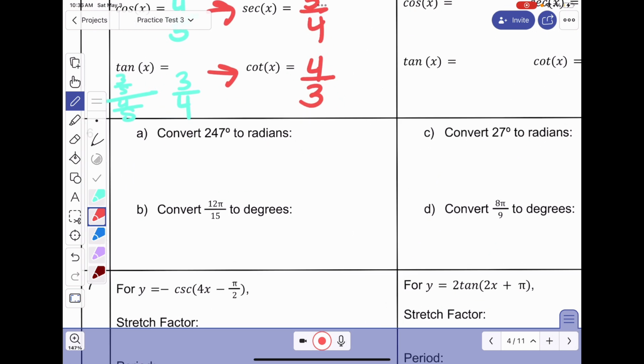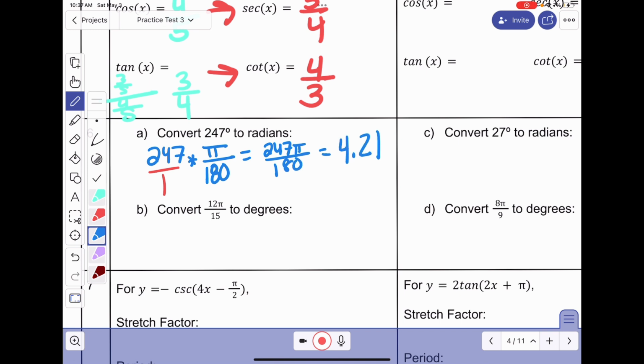All right, 6 is another conversion problem. So when we go from degrees to radians, we multiply by pi over 180. So if I made that a fraction and multiplied, I would get 247 pi over 180. That's the exact answer. If I typed it in and rounded, I would get 4.31. So either of those would be fine if it doesn't tell you exact. And then